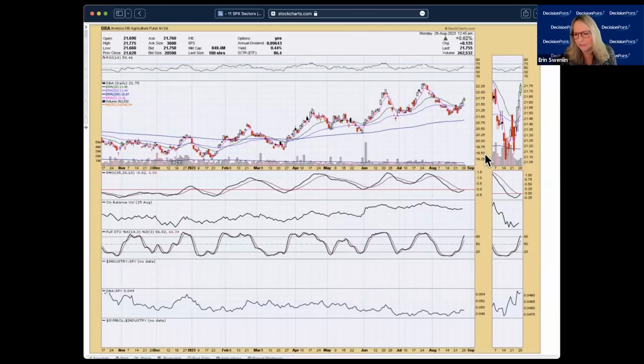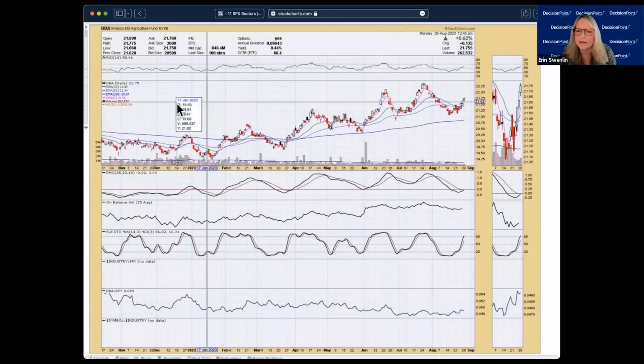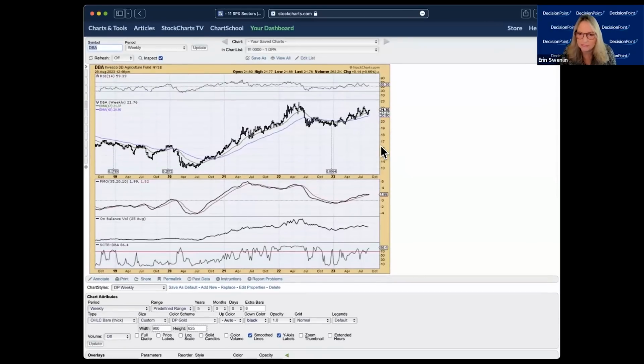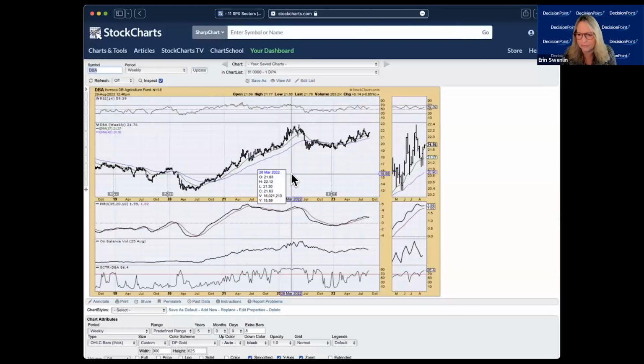All right, nice reversal. I like the PMO turning up with the crossover. See, is it crossing over? Not quite yet, but getting ready to. This is a chart where I could see getting involved. I know that it's the agricultural fund, so potential is kind of limited to the upside, but a 2.8% gain wouldn't be too bad here. Let's see a weekly chart real quick. And let me put a zoom thumbnail on here, but it looks fairly safe. Yeah, PMO trying to bottom above the signal line right now, and